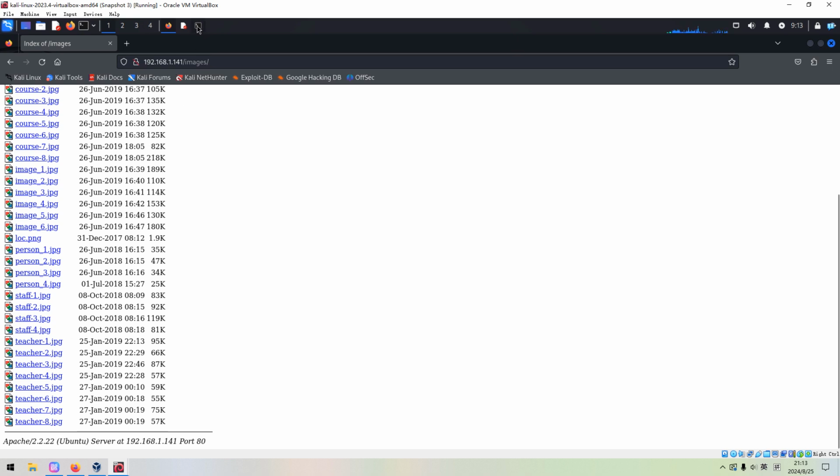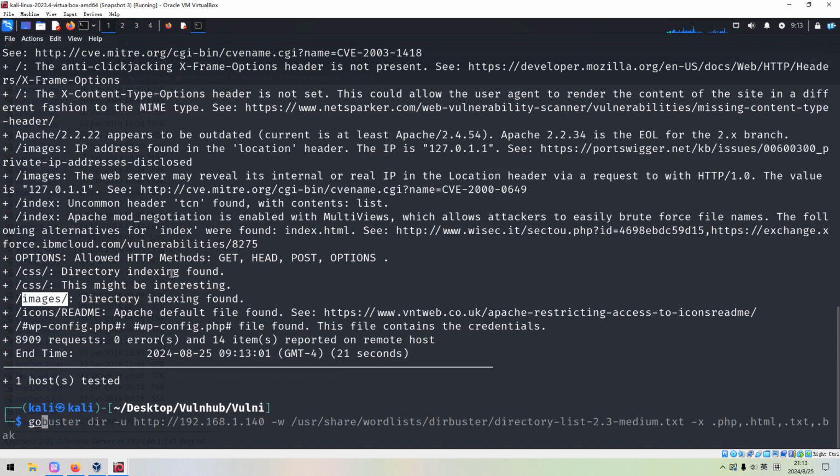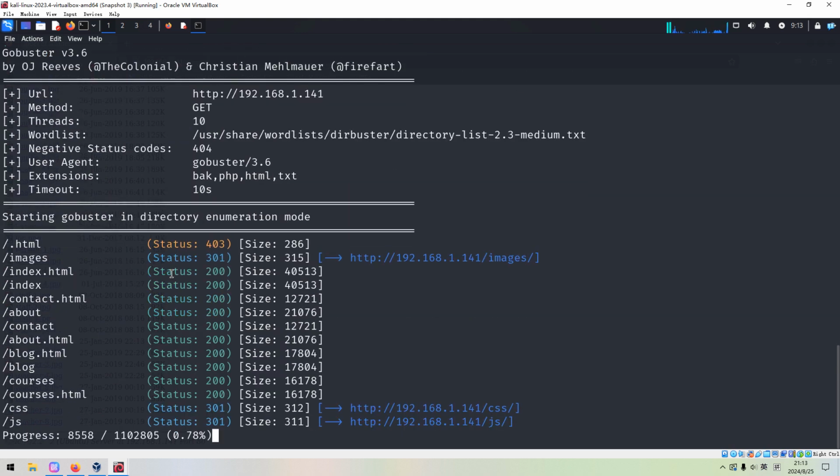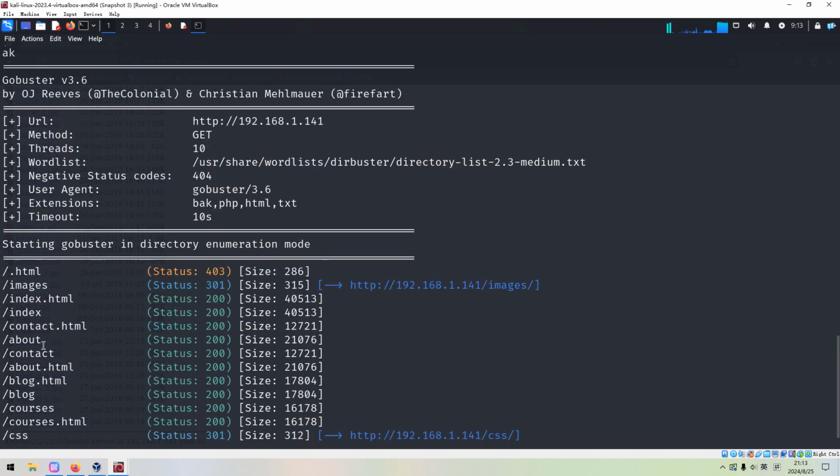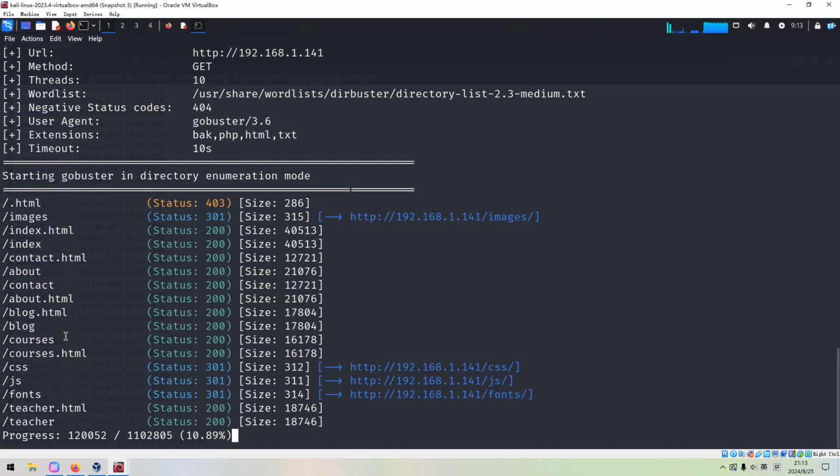Okay, so now let's pull up the terminal again. We can launch Gobuster to do the directory enumeration. You know, I'm just following some sort of standard methodology. Although, of course, Gobuster can discover some files or pages and directories immediately, I don't think they're new ones. I think during the manual enumeration stage, we have already found such pages. So to save time in this video, I'd like to interrupt here.